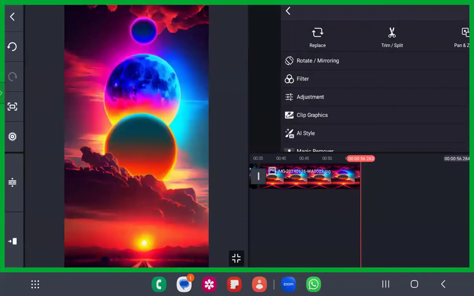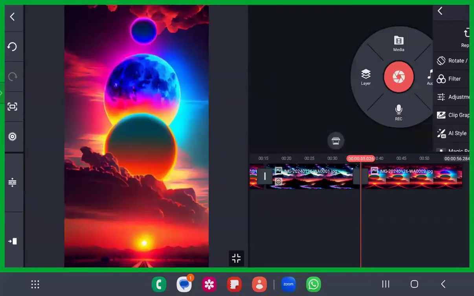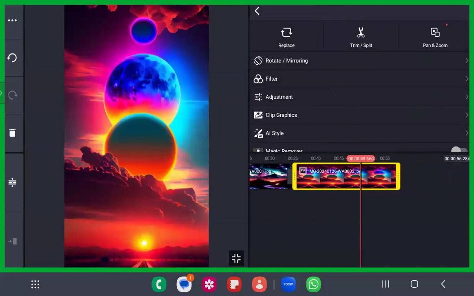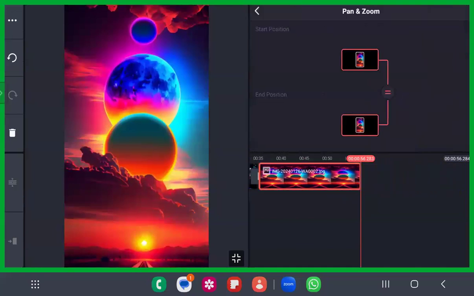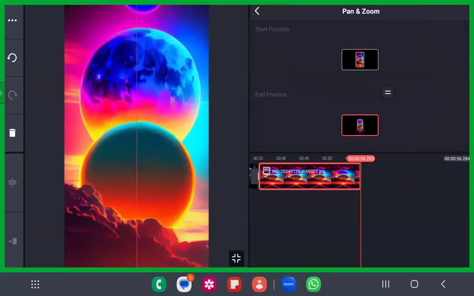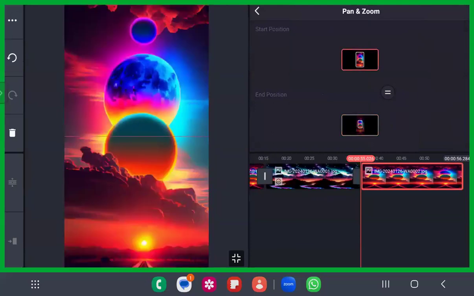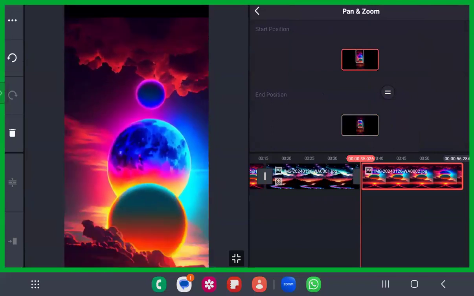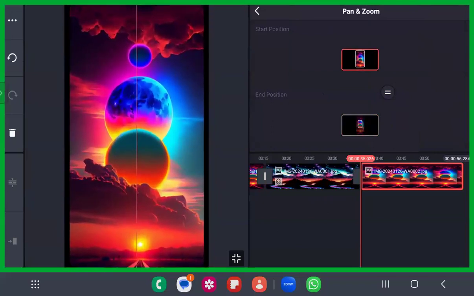But to change the starting and ending position, you should not click on that option. See here, when you play this, it is all the same. But to change the starting and ending position, you have to have different things. For example, for ending position, let it be this much. For starting position, let it be here. Let it be in a smaller manner. Whatever you want, you can give it a try.